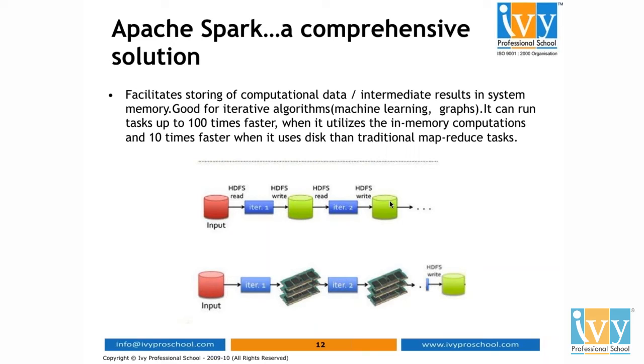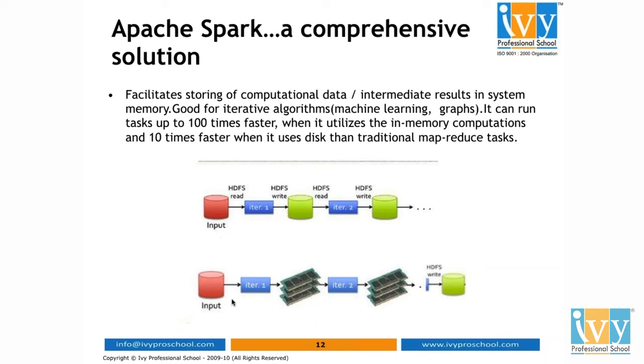So people came to know that Hadoop is not suitable for machine learning kind of algorithms. If you know machine learning, you have to iterate over the data again and again, with iterative algorithms like that. In that case, you have to read and write data over and over again to the disk, which makes it really slow. But in case of Spark, you do in-memory computation, meaning you store the intermediate data not on disk but in memory. That makes it really faster.